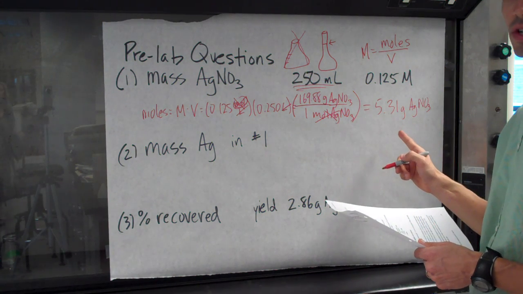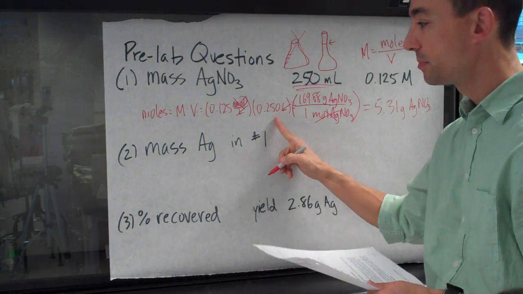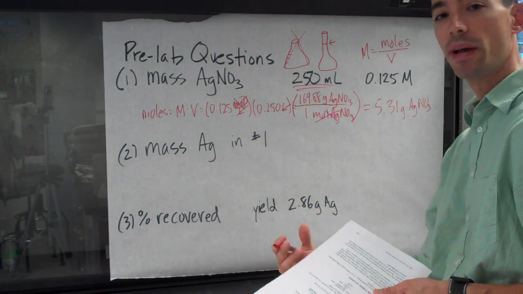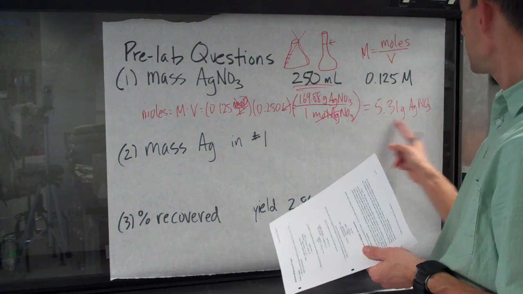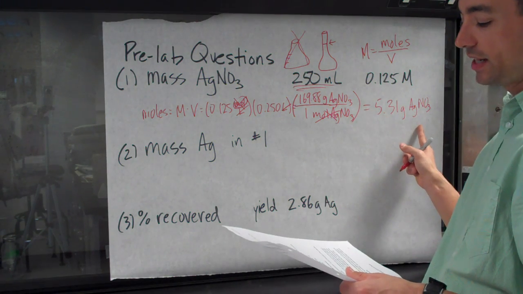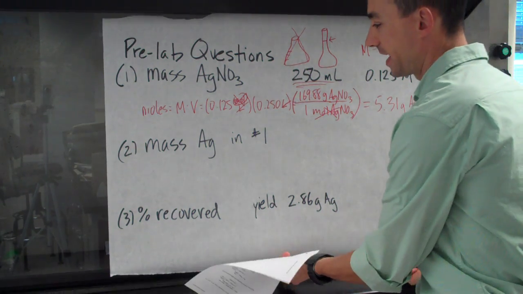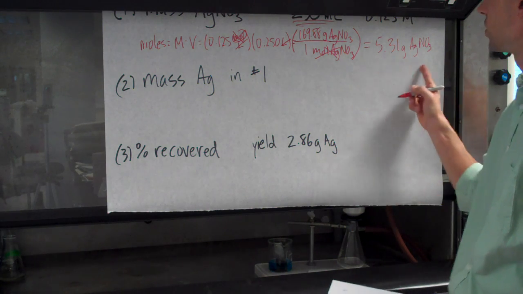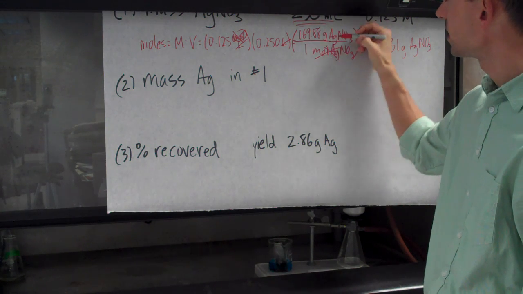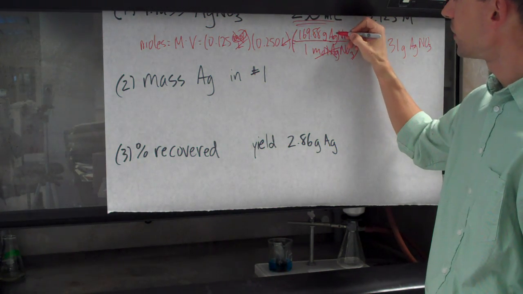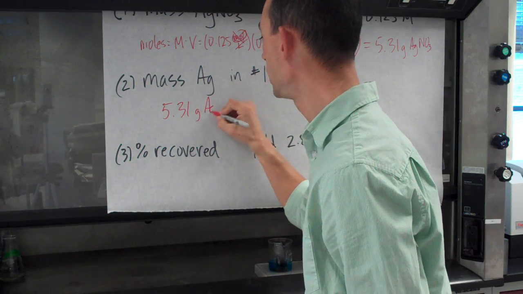So our second question is, what mass of silver is present in this actual solution? Because this mimics the mass of copper that we could expect in our lab today to extract from our solution of copper 2 sulfate. So of this 5.31 grams of silver nitrate, how much of it is actually silver? There are a few different ways that we could solve for that actually, but one way is to just use the molar mass that we have right here and understand that within this molar mass there are 1 mole of silver. And so we can take our 5.31 grams of AgNO3,